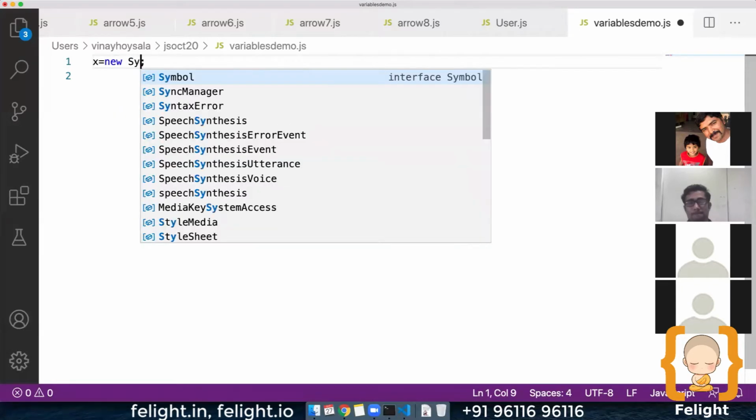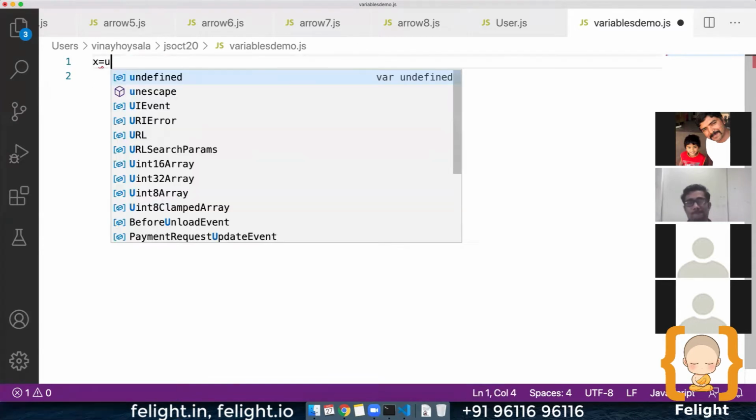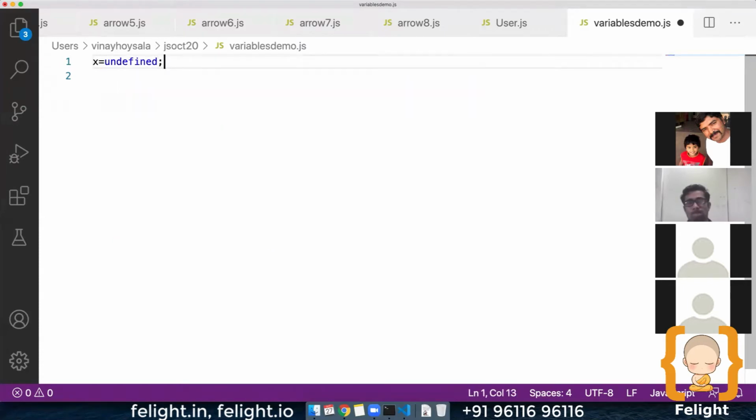In that case, we have to go for something called new symbol, which you're going to study later, not now. Or it can be undefined. Undefined itself is a value as well as the type. We're going to discuss that further. Or it can be a value called null. It can be any one of these values which I just explained to you.